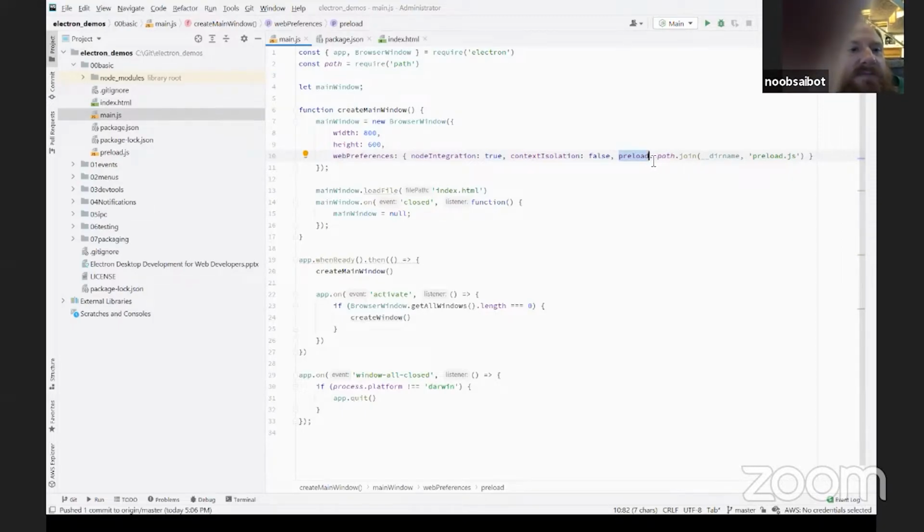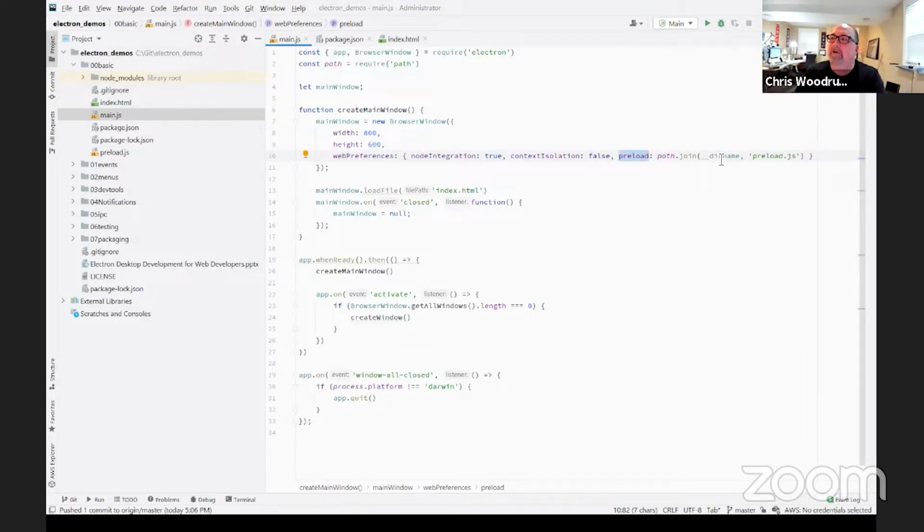Okay. So in here, I can also do a preload. So I can tell this window, before it loads, to go out and run this JavaScript file. Right now, there's nothing in there, but if you had to do anything before the window loaded up, you could. I just put that in there to remind myself that I do have that capability.